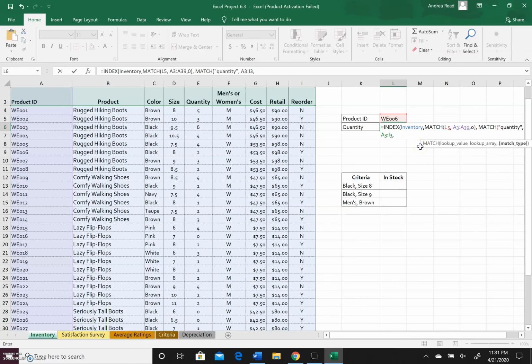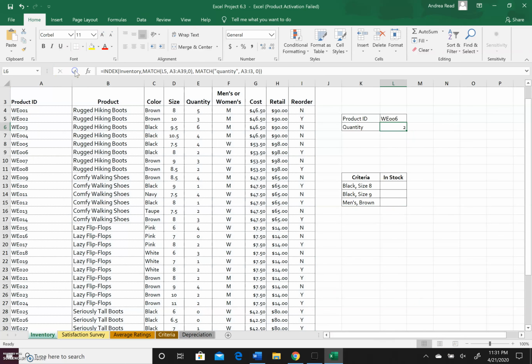And then I want an exact match. So I'm going to type 0. And you can see right here it comes up. It recognizes it. And end parenthesis. Now that just closed out that match function, but I need another end parenthesis. That way it will close out this entire index function. So, and I'm going to check mark it. And then it